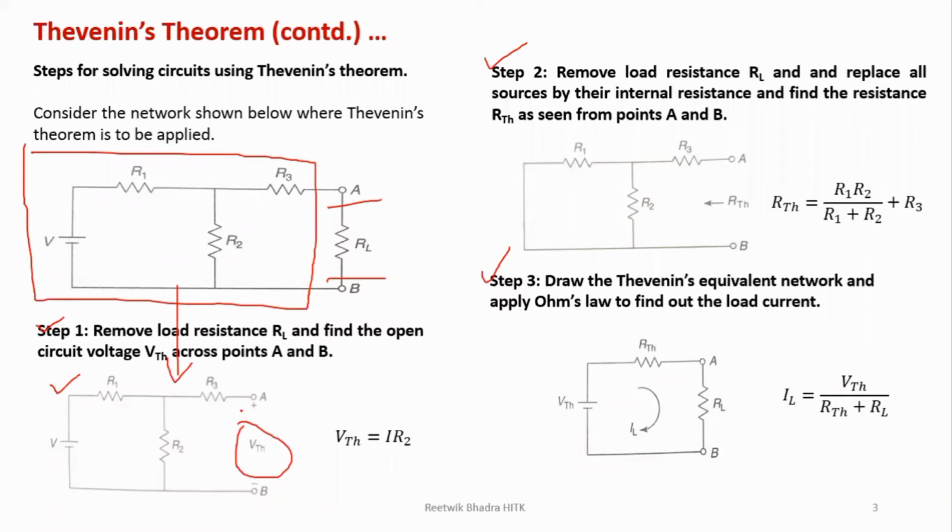So what we'll do next, try to find out the voltage VTH. For this network I'm discussing, we'll have two problems, and in that also we'll see how VTH is found. Now, if this path is open, AB is open, no current will flow through this R3. So I can remove this. I'm just marking it with a cross. So whatever current flows over here is flowing through this.